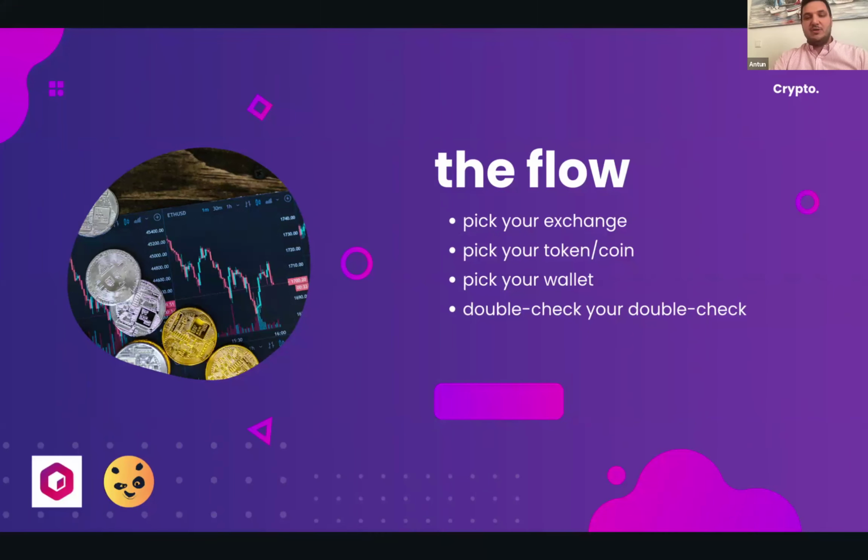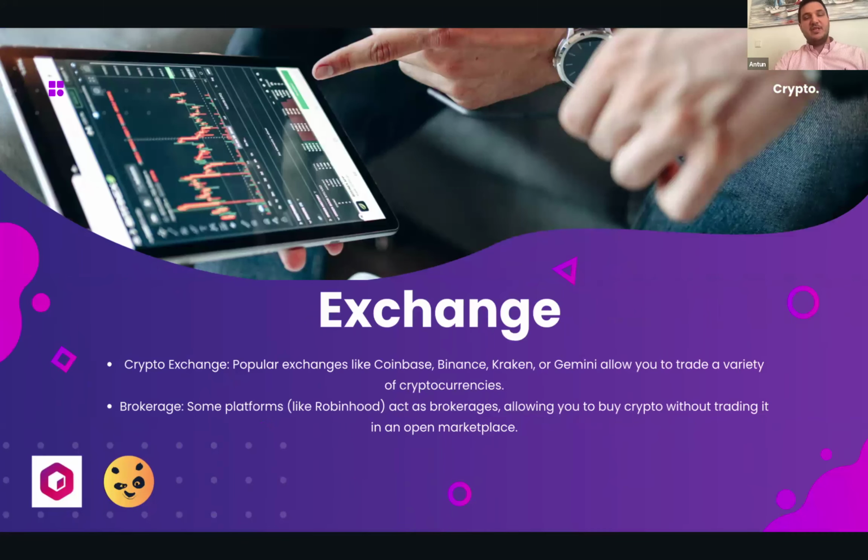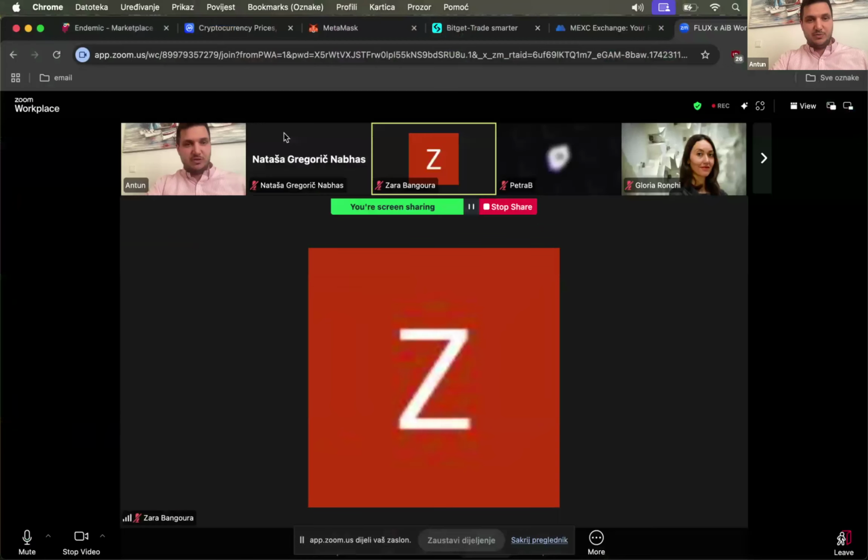So with that in mind, we will start with the exchange. There are more and more exchanges popping up day by day. There are two types of exchanges. One is where you actually exchange your crypto directly, either with your credit card or via bank transfer or via a different cryptocurrency. Or there are brokerage platforms like Robinhood or Revolut that actually do the buying of the crypto for you, and you are never the actual owner of the crypto. So those are two different approaches and different business plans. Now we will just jump into